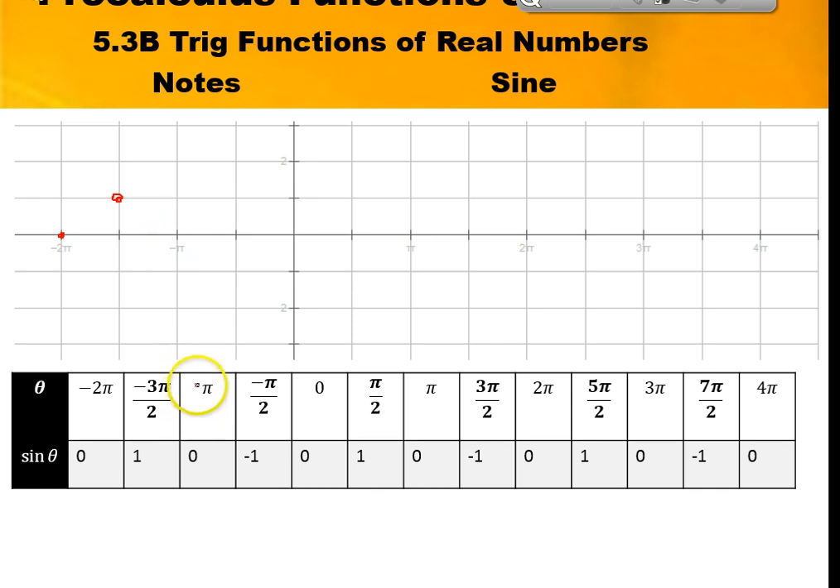At negative pi, oops, this should say negative pi. So let's fix that to say negative pi. This should be 0. And at negative pi over 2, this should be negative 1. And then at 0, we're at 0. And then you see the pattern, right? So here we're going to go up, 0, down, 0, up, 3 pi should be back at 0, 7 pi over 2 is negative 1, and 8 pi is